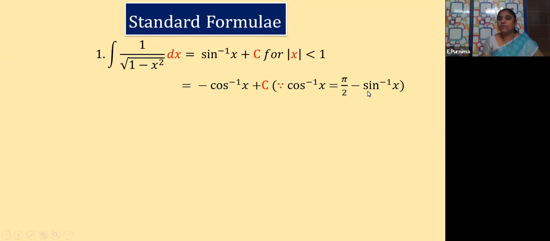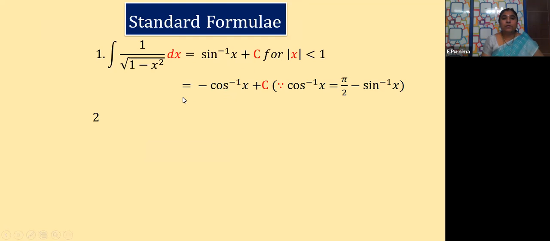In first year, you have learned this in the trigonometric transformations chapter. Trigonometric transformations and inverse trigonometric functions are there, no? In that chapter, you have learned it. Cos inverse x is equal to 90 minus sine inverse of x. So according to this, we can write it as minus cos inverse x plus c also. So depending on the requirement of the sum, we use the formula, children. Either this we can write or this we can write.